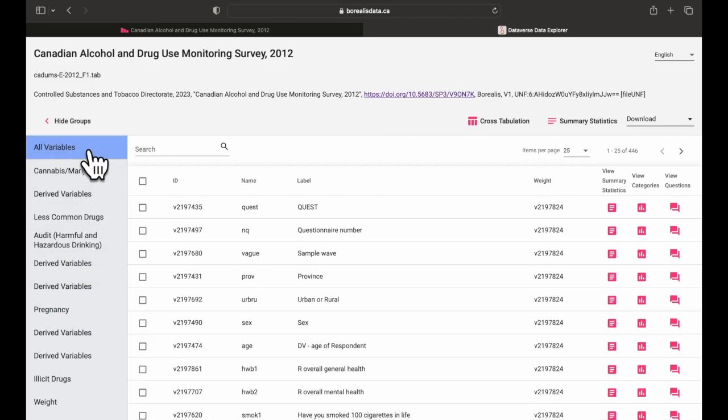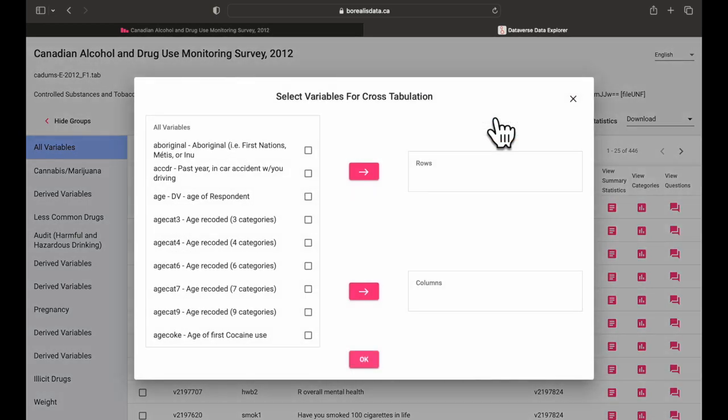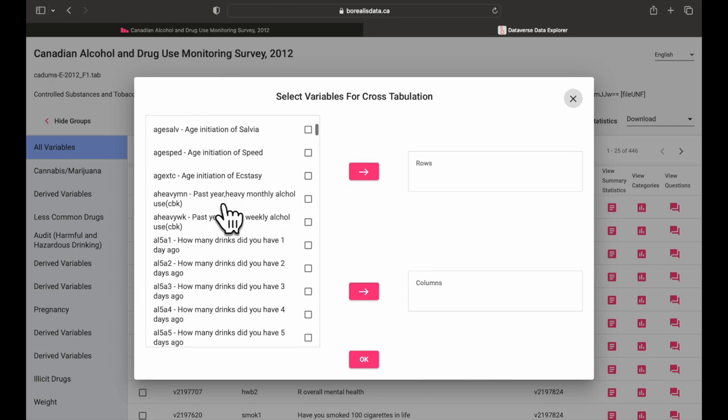To start our cross-tabulation, we can click the cross-tabulation button at the top of our variable list. This will open the cross-tabulation pop-up. We're interested in cross-tabbing if respondents have ever tried ecstasy, the province of the respondent, and the sex of the respondent. We can either scroll the full list on the left to find the variables we'd like in our crosstab,